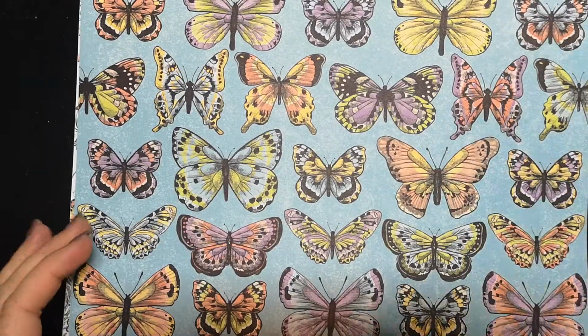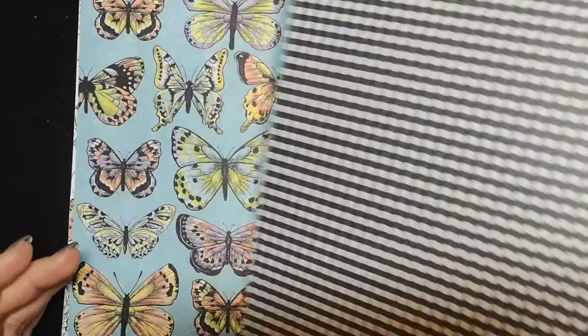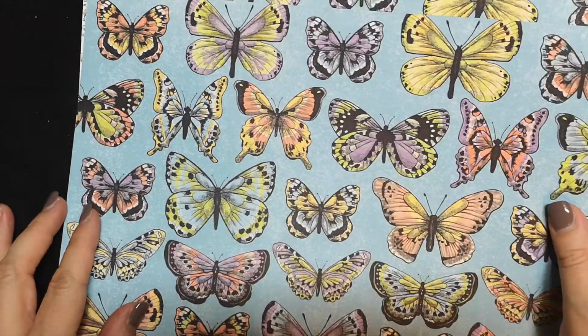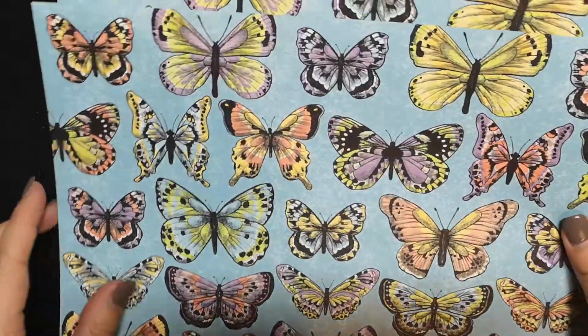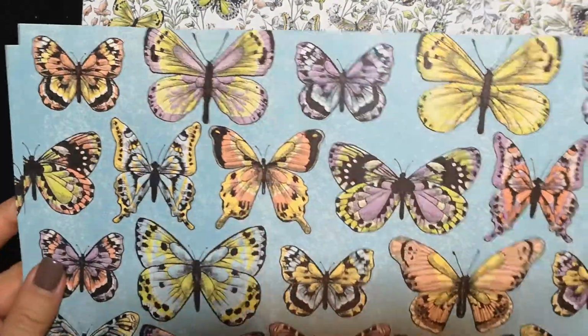And on the back of that, I love monochrome, and I love monochrome with a splash of colour. So for me, although I love that, I would want to use this and then splash some red on that. So actually get my real red ink pad, and then chuck some red butterflies on there or something and punch them out and let them really stand out on that monochrome design. That is a tough choice for me, those butterflies. So I think probably what I would do is stamp out some of these butterflies and maybe put them on there. I'm going to end up having to get more of